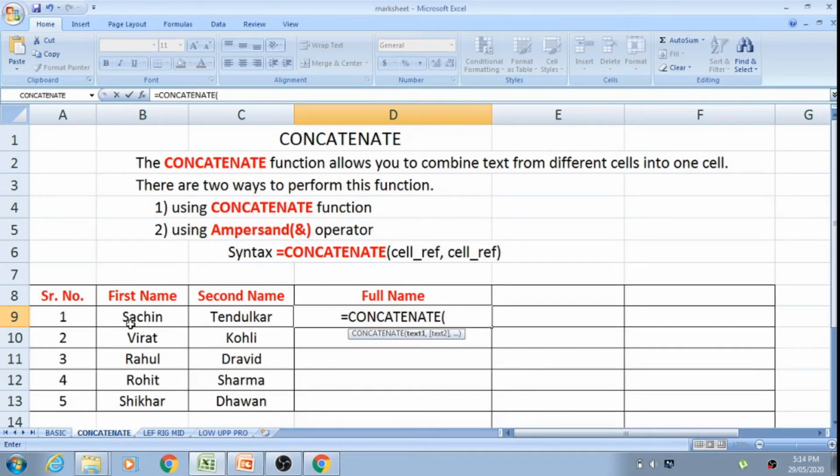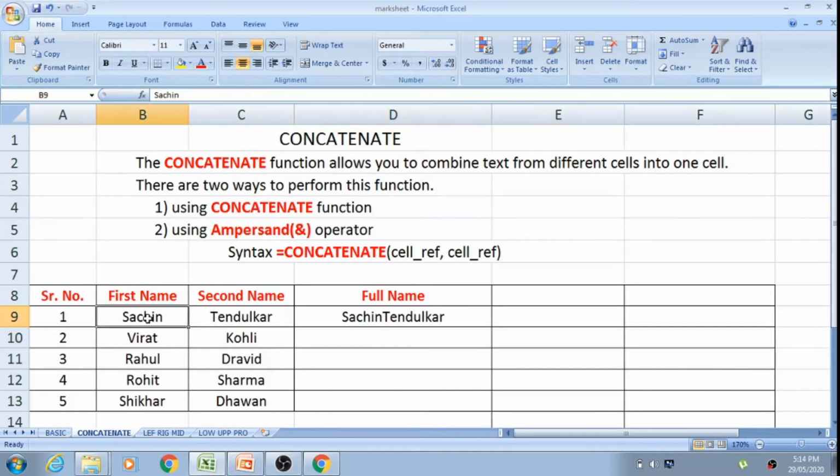So I'll just select the first cell. After that, type comma, then the second cell and press enter. Now when you press enter, you can see what it has done. It has combined the data from the first cell and the second cell and it is getting displayed in this third cell. Understood all of you?